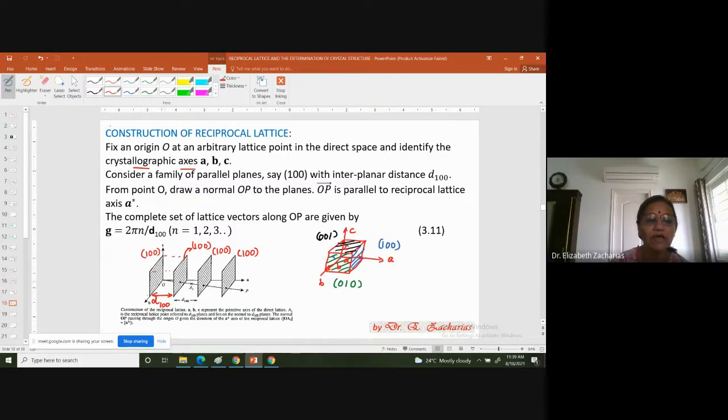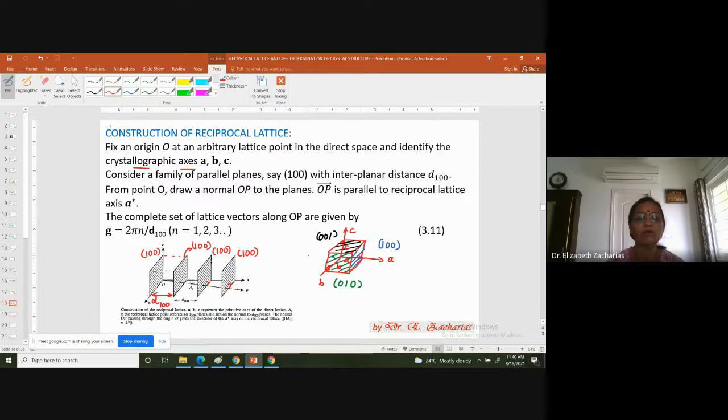I'm going to draw a normal. I will take a lattice point here and then draw a normal which is going to cut through all these parallel planes. I will call this line OP. So OP is a normal, meaning it makes an angle of 90 degrees with each of these planes. And you can see that OP is not the same as OA. Are you able to see that? Yes, ma'am. Right. So I should not say D100 is A. D100 will be equal to A only if A, B, C are mutually perpendicular to each other. So I will simply say that the distance between this family of adjacent planes is D100.